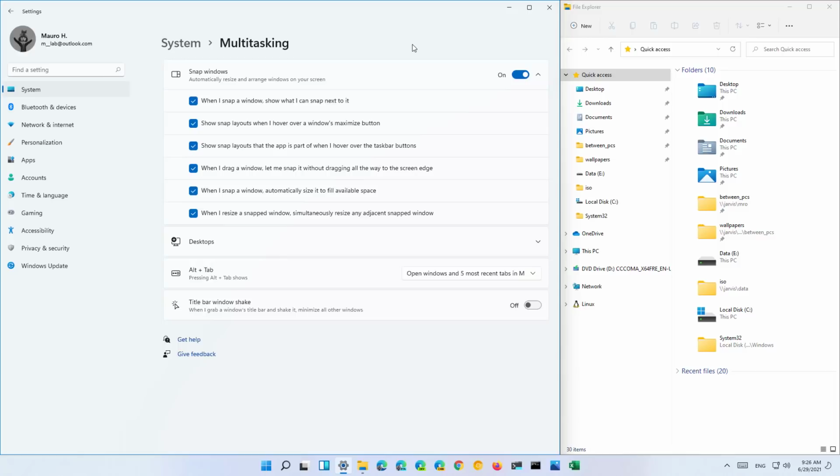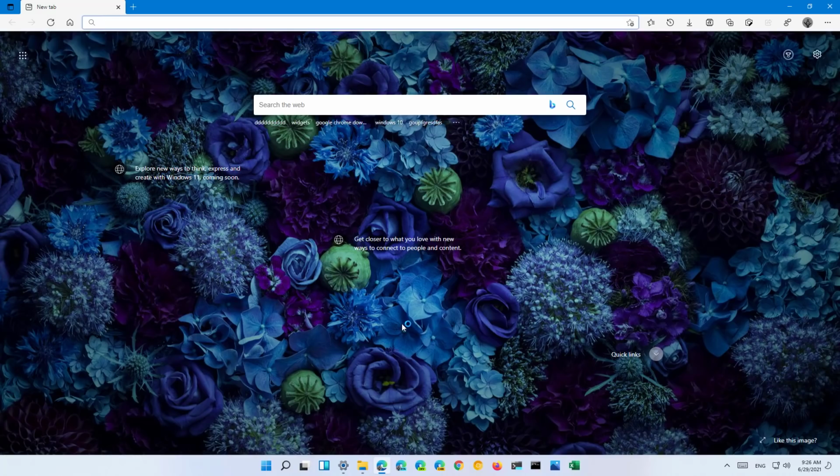In addition to snap layouts, on Windows 11 we also have snap groups, which is a way to switch back to your group of snap windows when switching to a different app. So let's say that we have 2 snap apps, as you can see right here, but then you suddenly have to switch to another application. Let's say Microsoft Edge. Instead of having to snap all those windows again, you can simply hover over the app